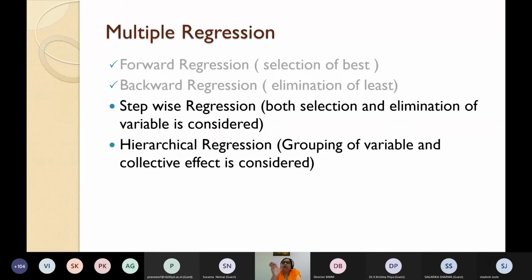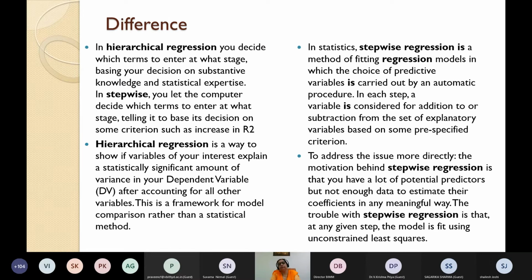And then the total combination of newly entered predictors, which gives you the highest R square value, is considered. So if you want to know the difference between hierarchical regression and stepwise regression, hierarchical regression allows you to decide which term to enter at what stage based on your decision, on substantive knowledge and statistical